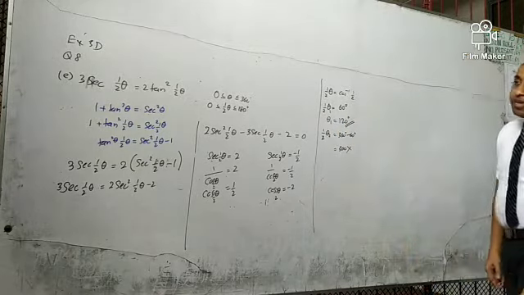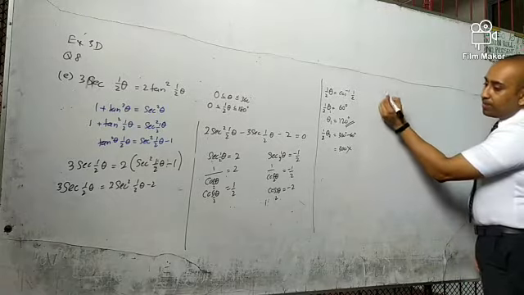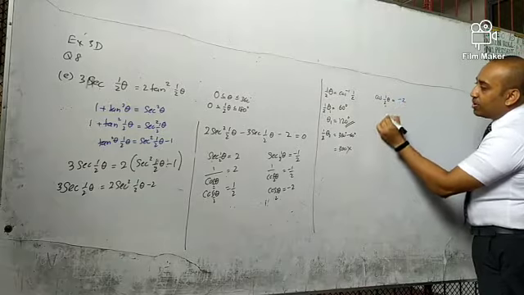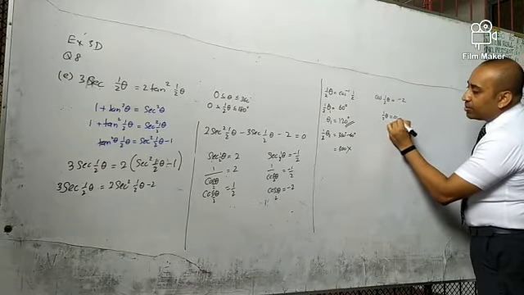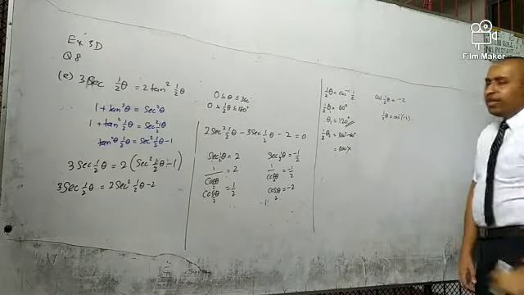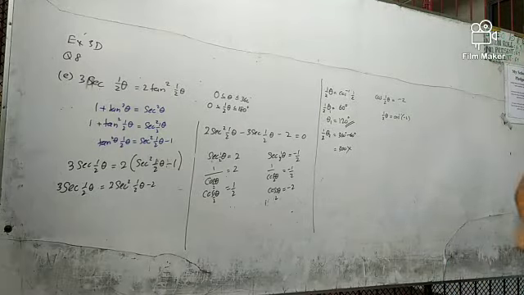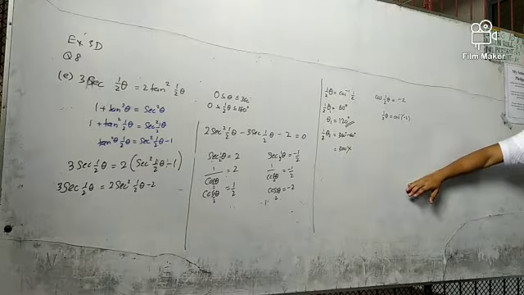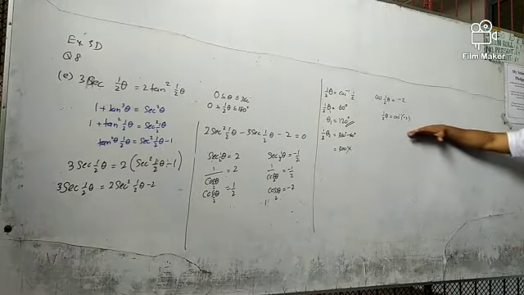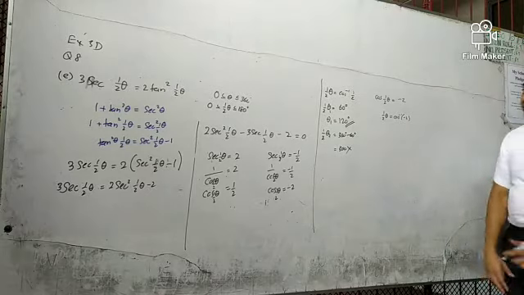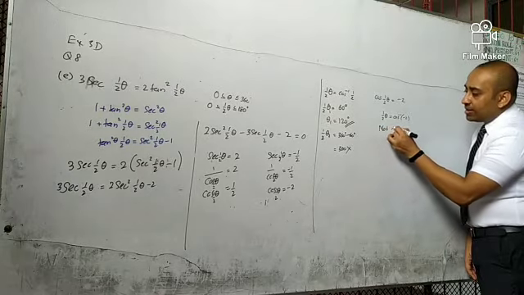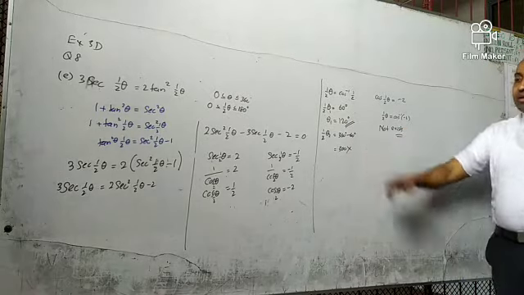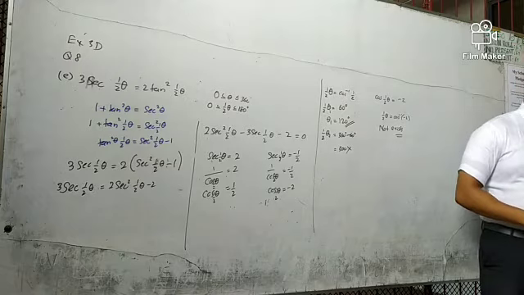Right. For the other part of the solution, cos half a theta is equals to minus 2. Then half a theta equals to cos inverse of minus 2. What is the value over here? This does not exist because we know that the cos function varies from plus 1 to minus 1 only. There is no answer for this, so you can say not exists. So there is only one solution for this question, that is 120 degrees. Is that clear? Right.